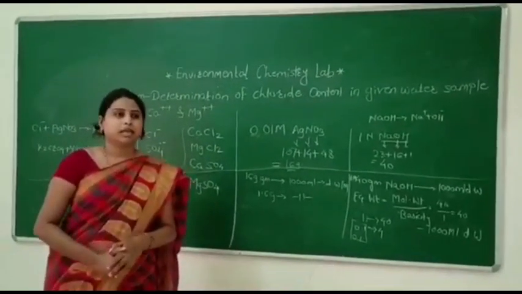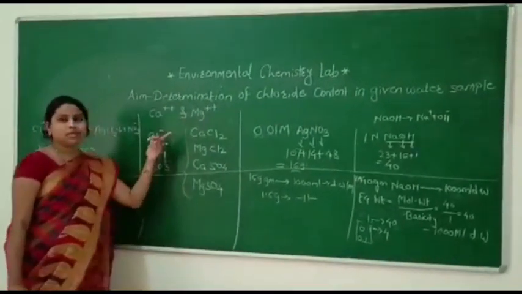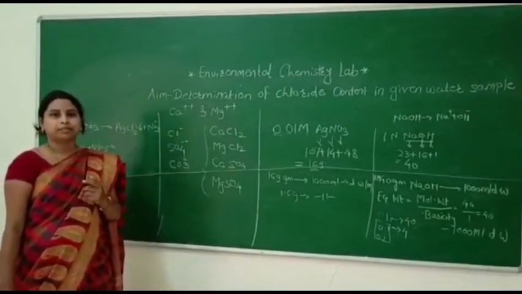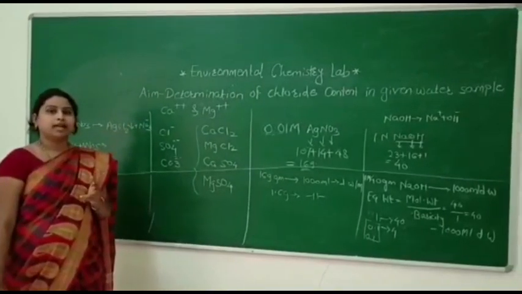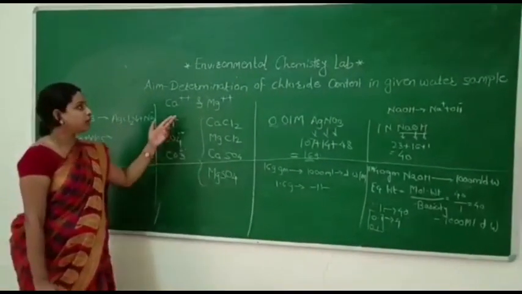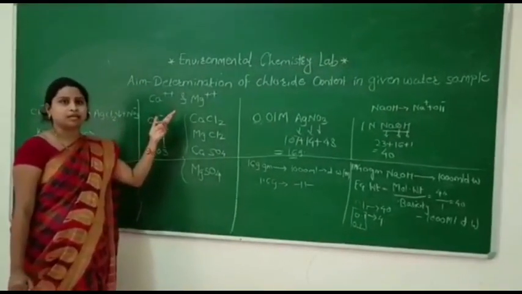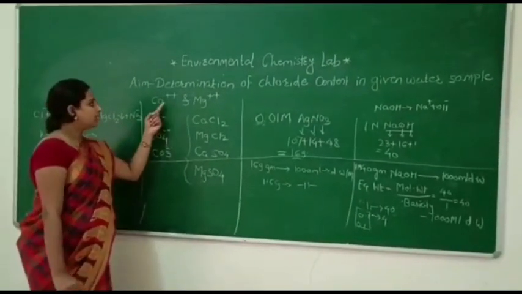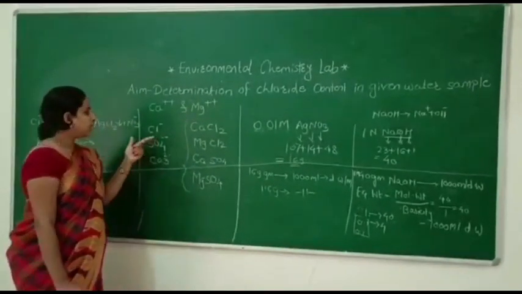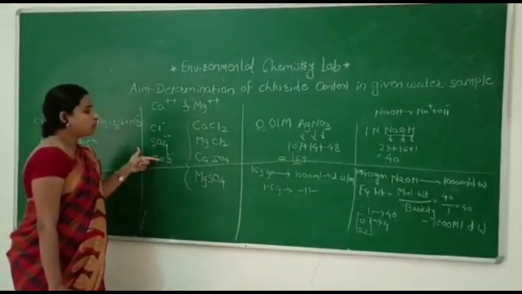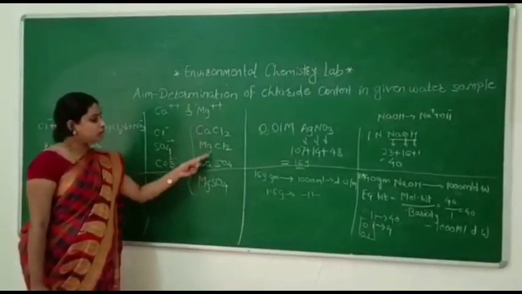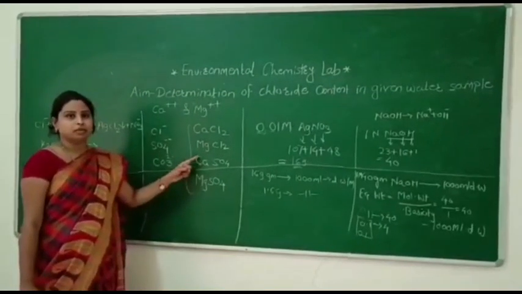Okay, so you know that when we talk about the impurities present, they are causing the hardness of the water. It is divided into temporary and permanent hardness. When we talk about temporary and permanent hardness, you must know that calcium and magnesium ions are there. If they react with chloride, sulfate and carbonate, it will give you the formation of this kind of salts. And these salts lead to the hardness of water.